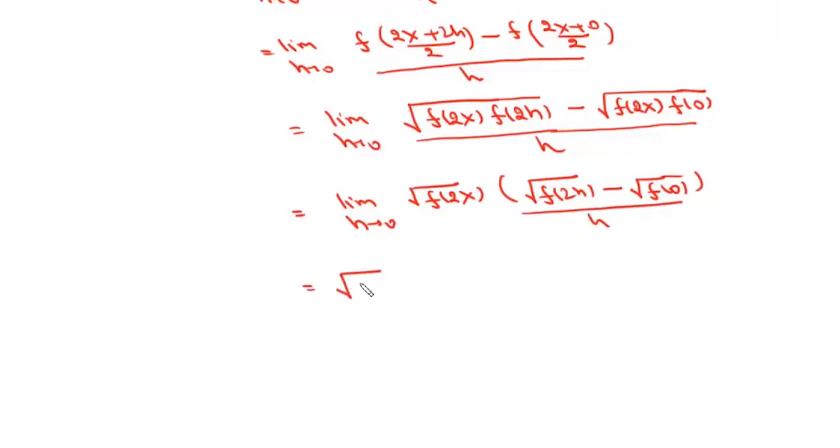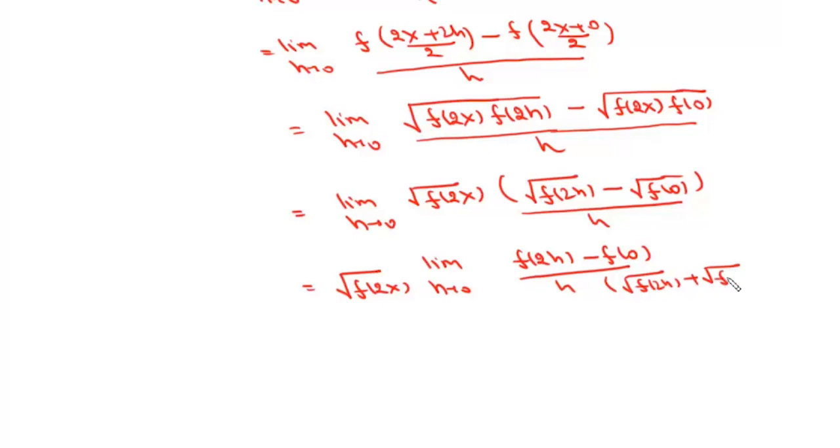Now this is under root of f 2x, and we can write this as limit h tends to 0 of f 2h minus f 0 upon h, and it will be under root of f 2h plus under root of f 0. Now we'll multiply and divide it with 2. Now we have replaced f x with under root f 2x into root f 0, so we can write root f 2x as f x upon under root f 0. So it will be 2 times